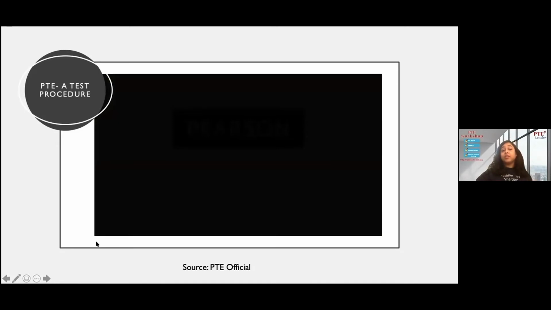Right. So these are the things that will actually happen on the day of your PTE test. To sum up the video, when you go into a test center, you will first do a biometric test, and then they will take a photograph of you. Also, you are not allowed to take any of your belongings into the test room. For example, water bottle, food box, any meal box, extra pen or pencil, or preparation materials. If you are wearing a jacket or other heavy clothing, they will ask you to remove it before you go into the test room.